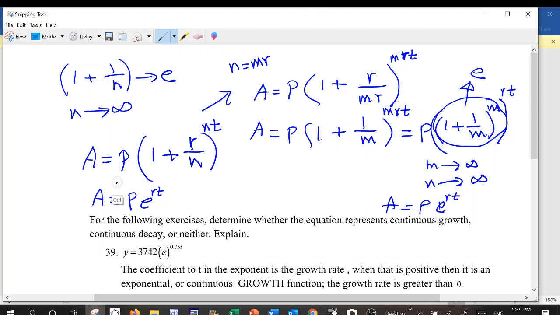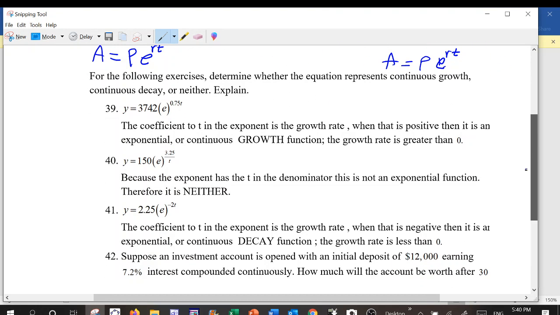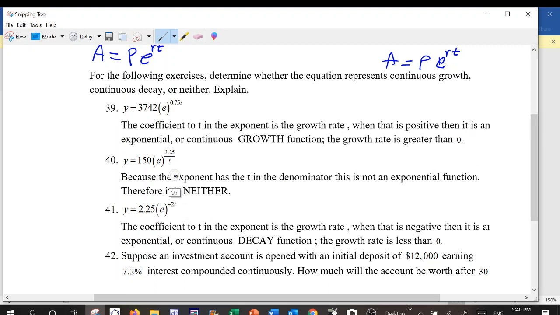And that's called the continuous interest formula. And that's what we have here, right? Is this the continuous interest formula? Yes. Initial amount is 3742, and the rate of growth here is, of course, this is not continuous growth, this is continuous decay, because when the rate is positive, it is growth. So this is growth, and let's say if I can find one that is negative, this one. So this one, the growth rate is negative, so it's going to be